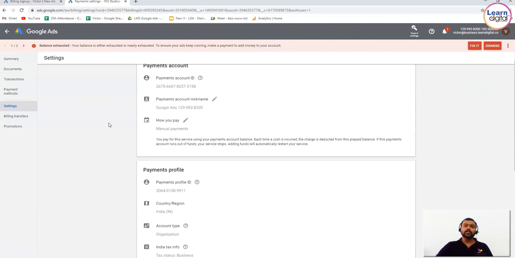So basically this is how your Google Ads billing section works. In simple, I'll just summarize it. You'll be able to do the payment using multiple options like credit card or debit card, money transfer, or you can use Paytm. Then you can check the summary, like what is the balance in this account, and how to add the payment, and how to set it automatic or manual. If you set it manually, you have to do it. If it is automatic, Google itself will take the money month on month, guys. So similarly it gives you the overview about the payment.